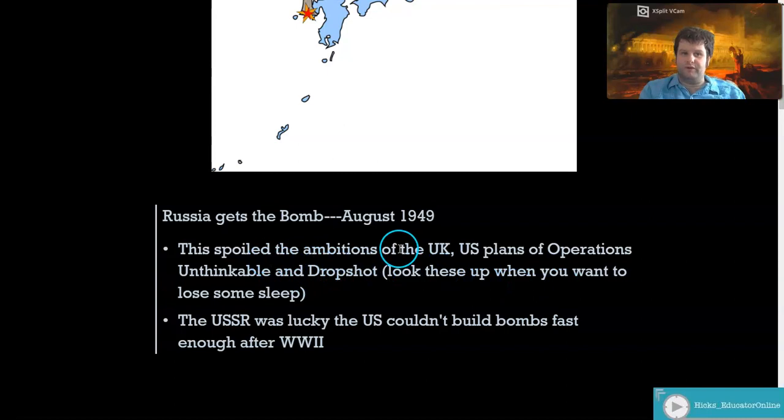Notably, this will spoil the ambitions of the U.S. and the U.K., which had planned to nuke the Soviets before they got nukes. The thing that saved the Soviets was the fact that the U.S. could not produce bombs fast enough to wipe all of the Soviet Union off the face of the earth. That's kind of a disturbing thought. Anyways,